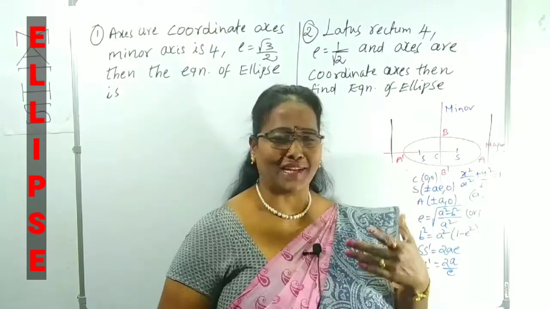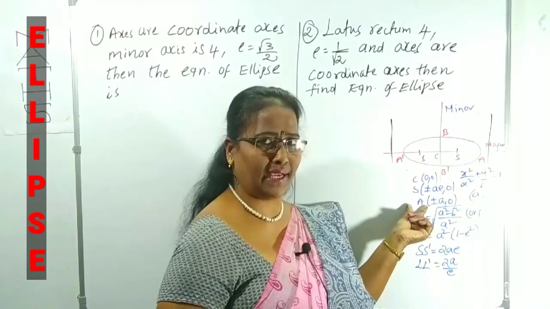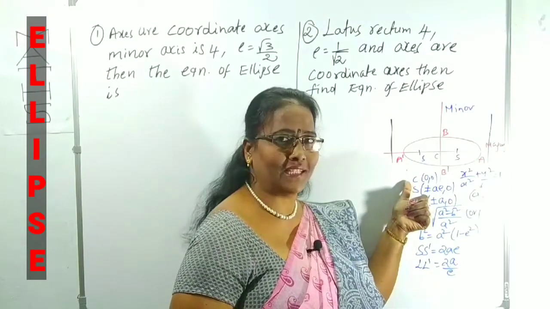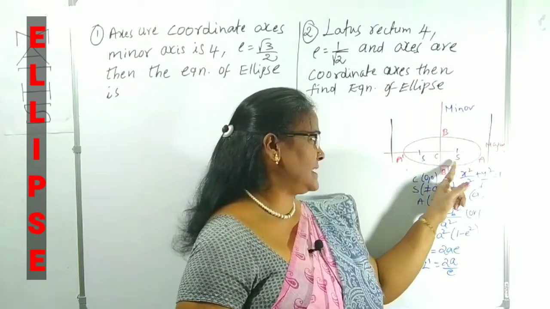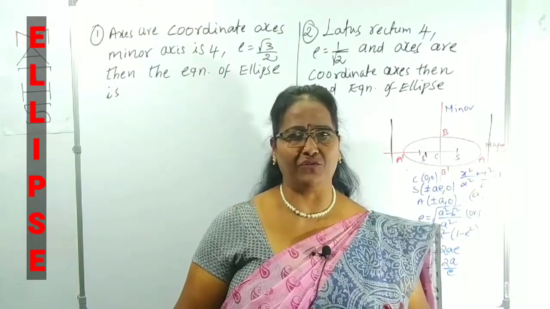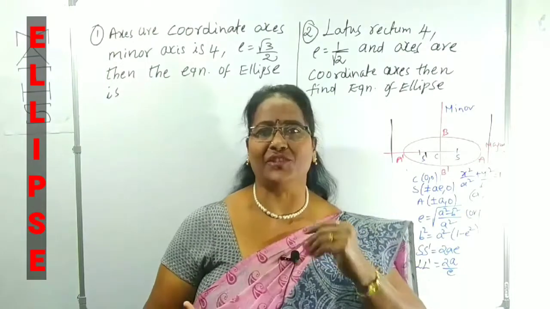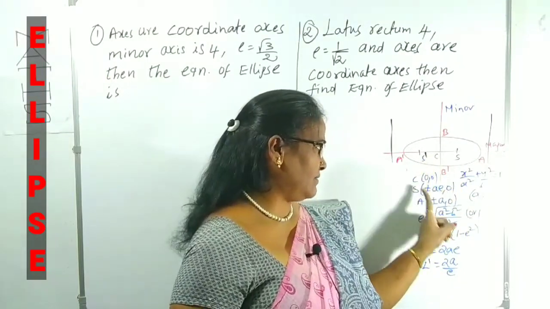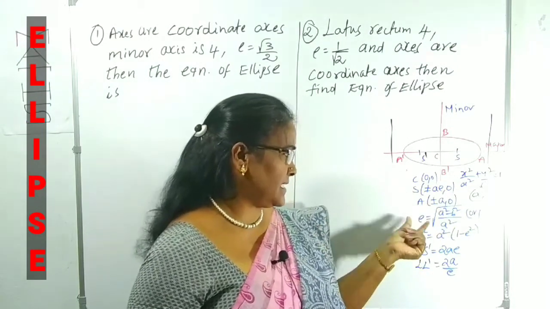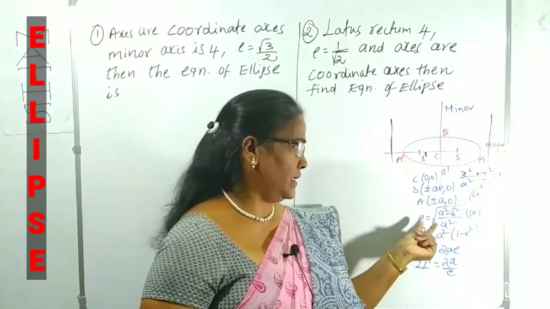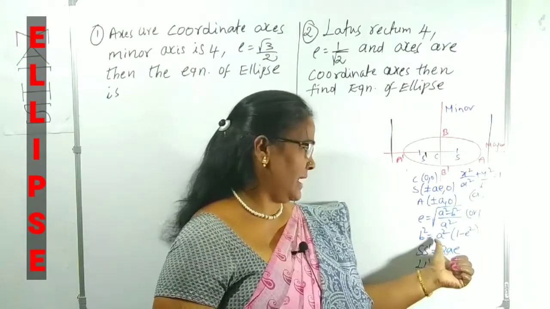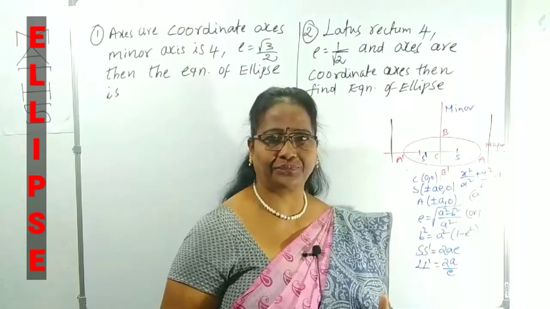Those are the ends of the major axis. Coordinates are plus or minus a, comma 0. The C is called the center of the ellipse. In this case, the center is at 0, 0. And S and S dash are the foci. We can collect them from this formula, plus or minus ae, comma 0. In this case, the eccentricity e is root over a square minus b square by a square, or we can use b square equals a square of 1 minus e square.